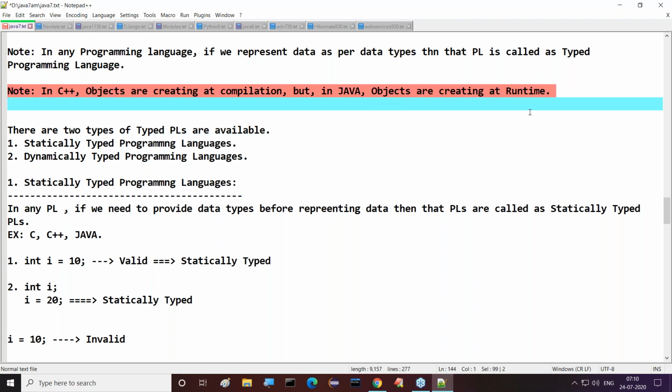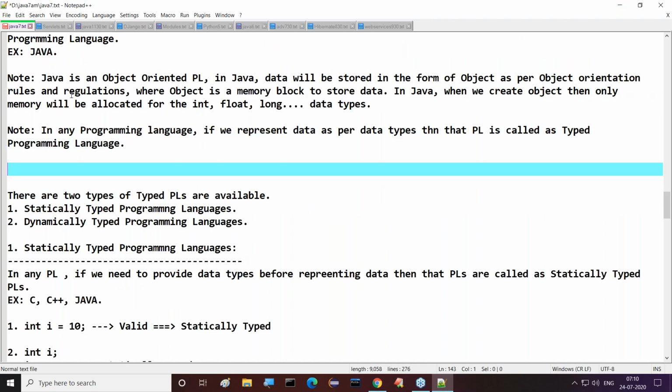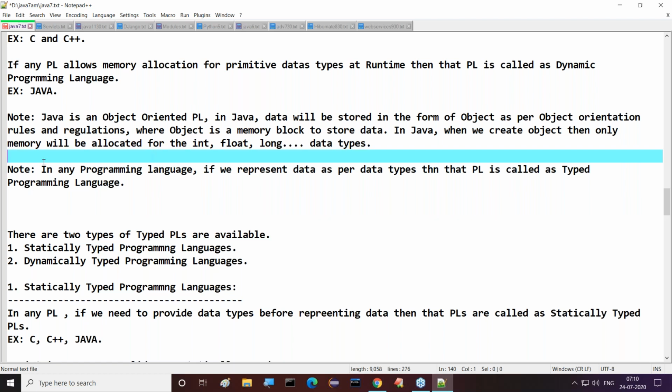No. This point is a previous point. Yeah,